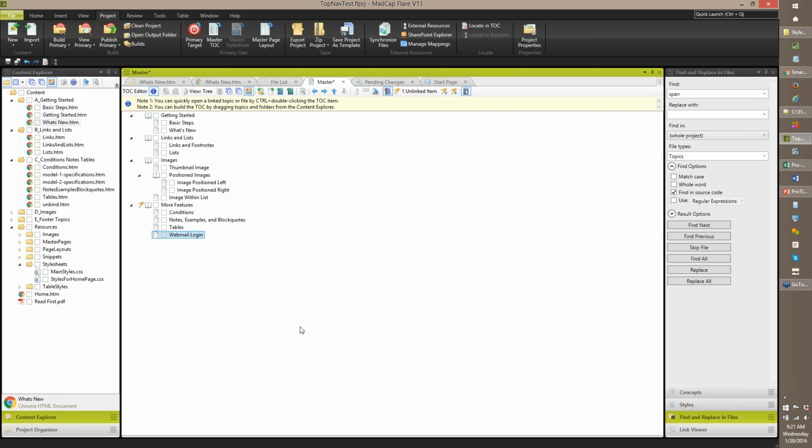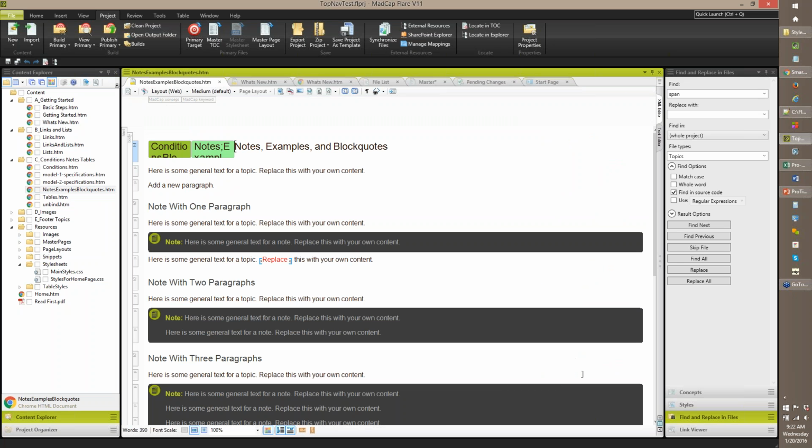So anyway, that's some things about TOCs. I hope that there's something that you can grasp from TOCs, some little thing that you maybe didn't know before, or something that's going to help you work a little bit more efficiently and a little bit more productively. So the next topic I'd like to touch on is working in topics. So I'm going to open a topic here. And the first thing I want to do